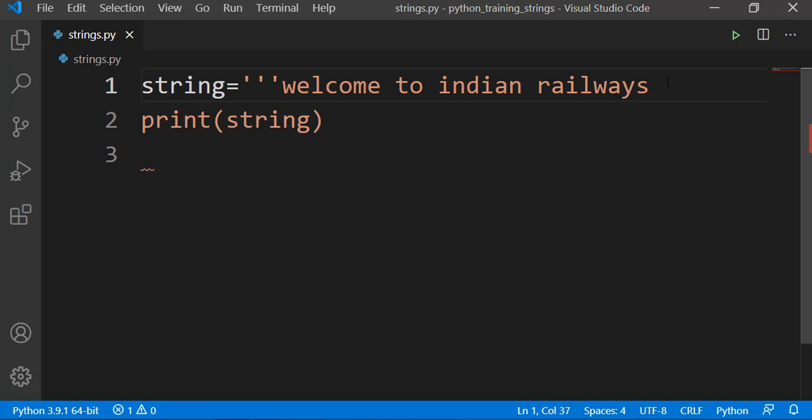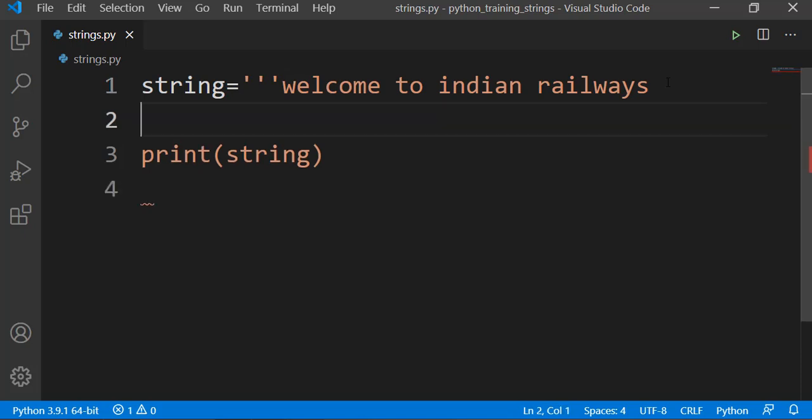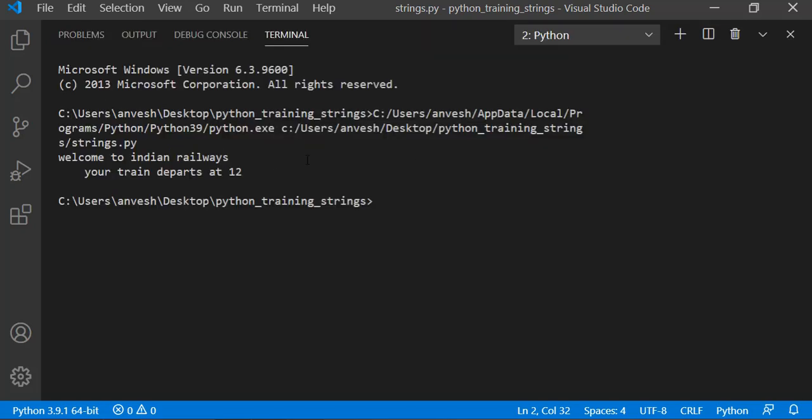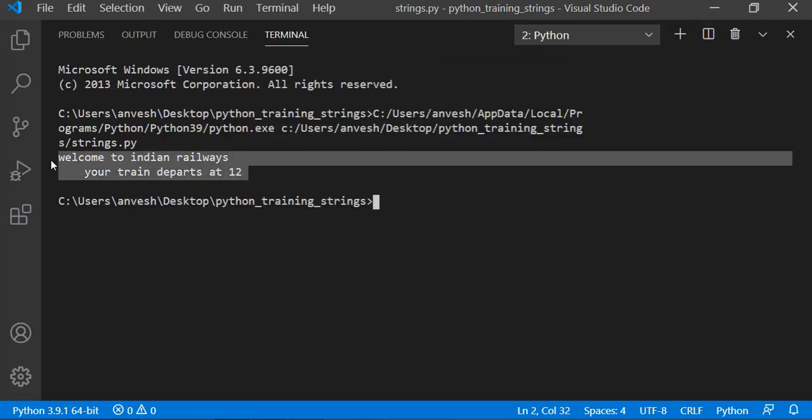Suppose I say welcome to Indian Railways, and then let me write your train departs at 12. Let us run this and check what gets printed. You can see we have got the message welcome to Indian Railways, your train departs at 12.